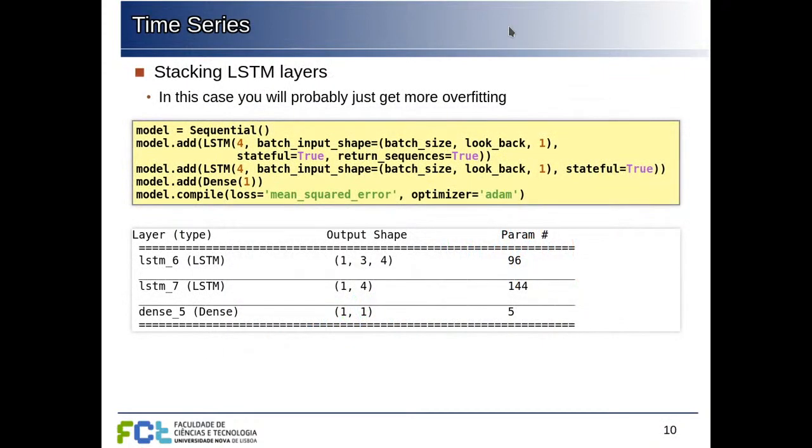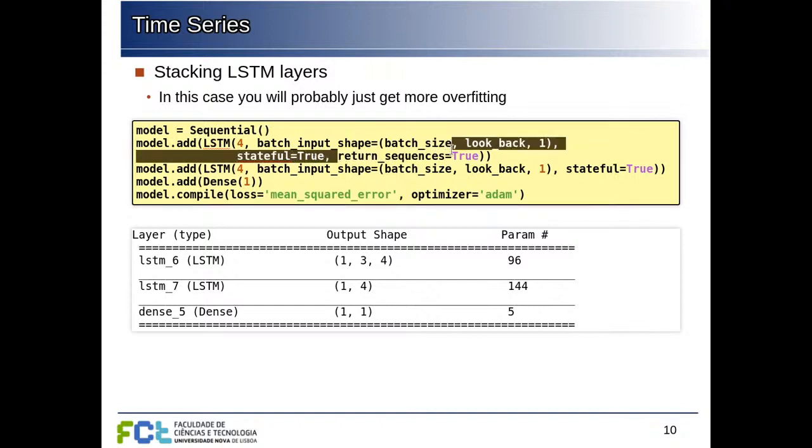Suppose we want to stack 2 layers of recurrent networks. In that case, we will use the first layer to produce a sequence of outputs, and then we will feed that sequence into the next layer to produce a final output. The way we can do this is to add this argument here, return_sequences=True, so that the output of the LSTM layer, this first layer, is not just the values of the 4 activations of the 4 LSTM cells at the end, but actually the whole